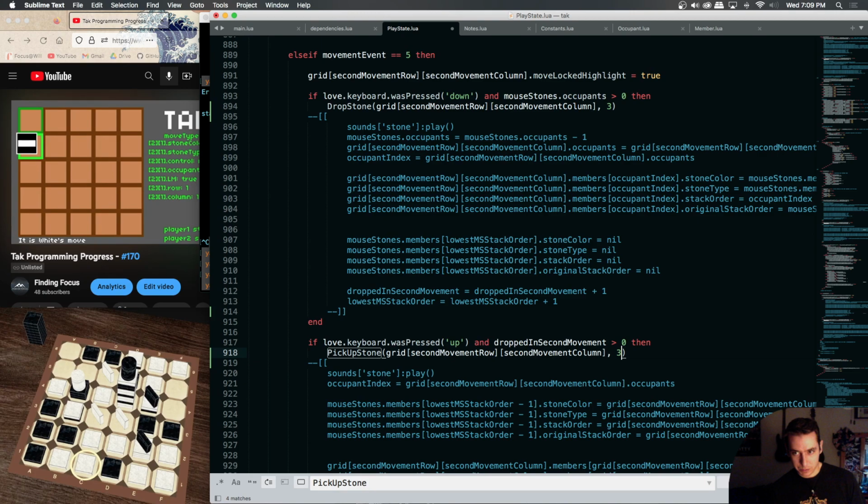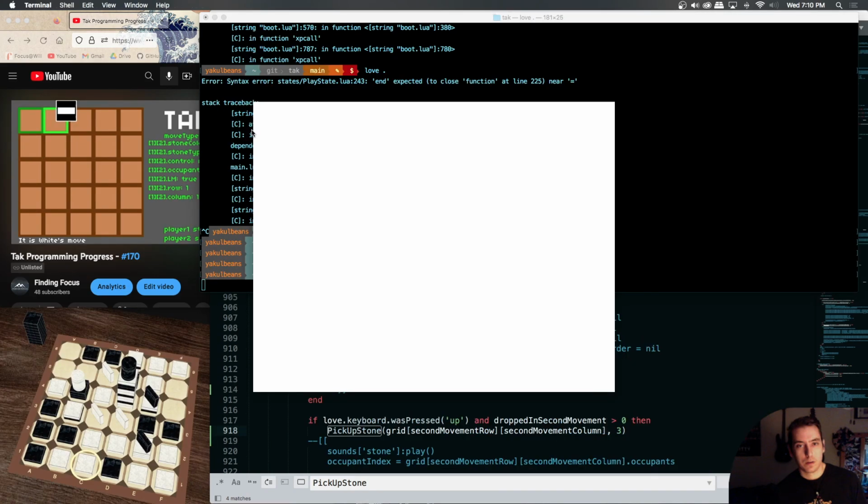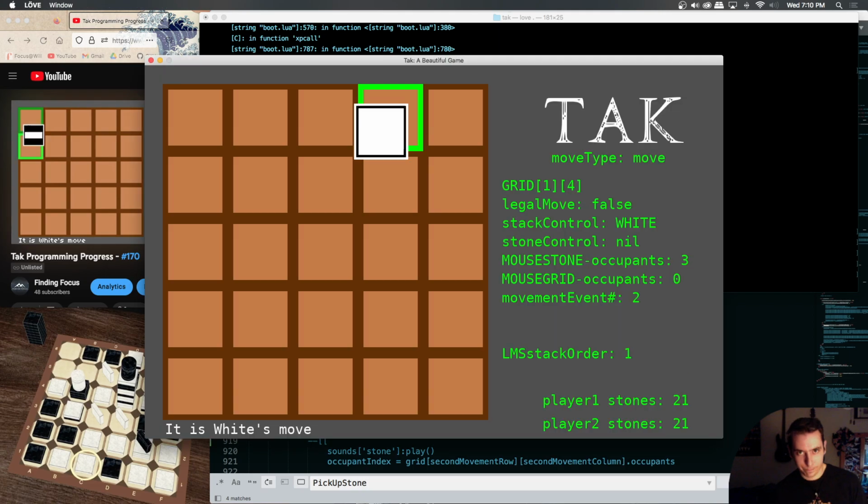And then now we should have in movement event 5 our drops and pickups. We're able to drop a stone in the next movement, which is movement event 5, and we can drop a stone. One mistake though,